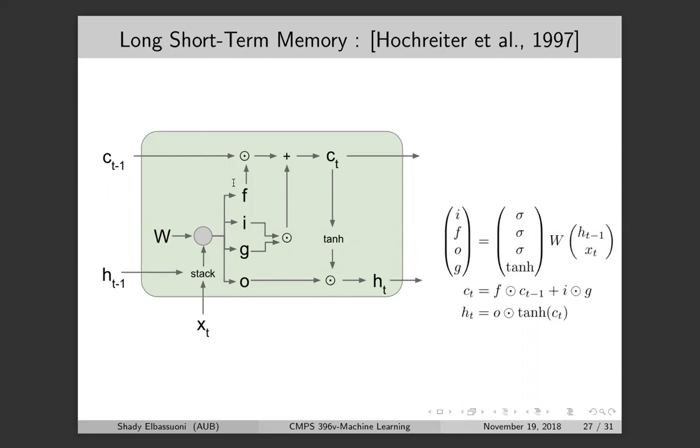So you take F pointwise with c_{t-1}, and c_0 would again be initialized at random. You add it to the pointwise multiplication of I and G, and that gives you the current c_t, the cell value. So this is the LSTM cell, and that's the cell value c_t. Then you pass this to a nonlinearity, tanh, do pointwise multiplication with the output gate, and that gives you the next hidden state. So you have c_t and h_t,